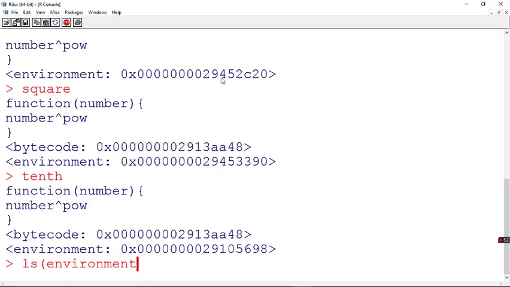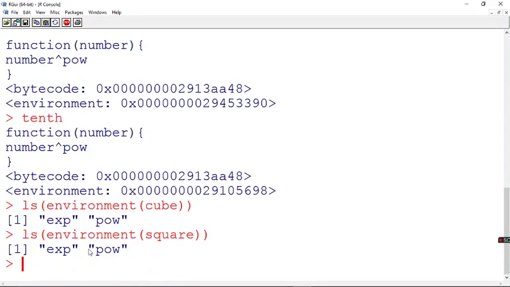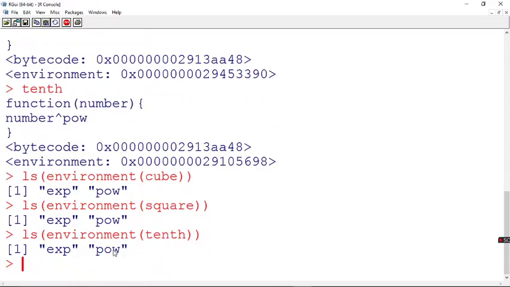If you want to list out the variables from a specific environment, instead of the global environment or workspace, I say ls of environment of cube. Yes, so you can see exp and power. Let me again print the variables within square. Here also I have got exp and power. Now let me check what is there in tenth. There also you have exp and power.